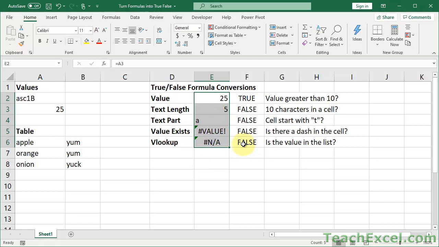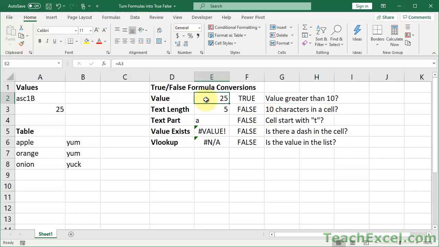Now, the first thing that you need to figure out before you even start your formulas is what you actually want to check for. So I've got that listed over here. It's a more specific description of this right here. So here it just says value, but here it's value greater than 10. This is our check. So what we need to do is then come up with a formula that will allow us to perform that check.